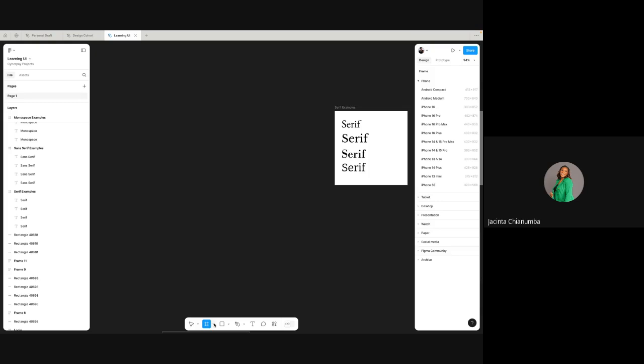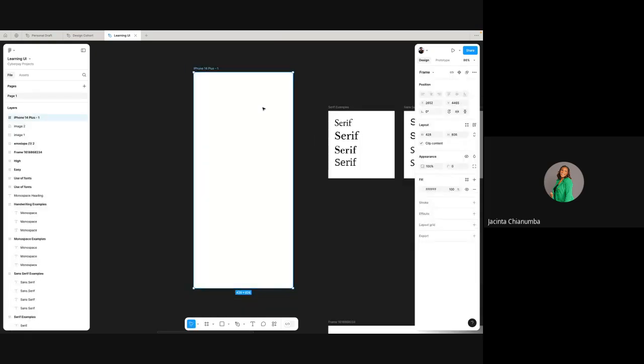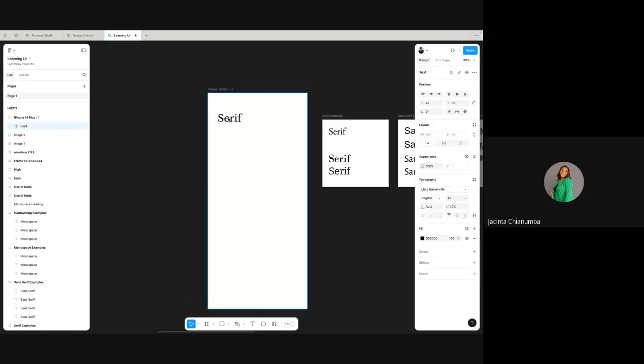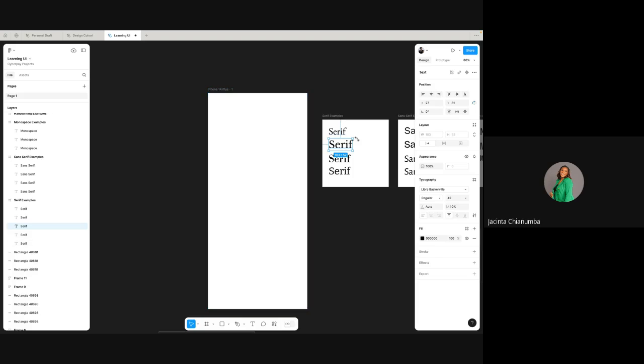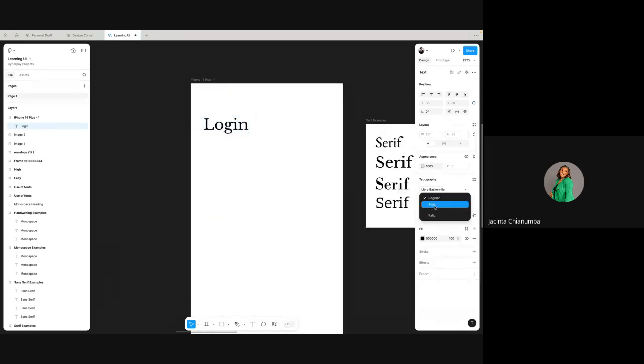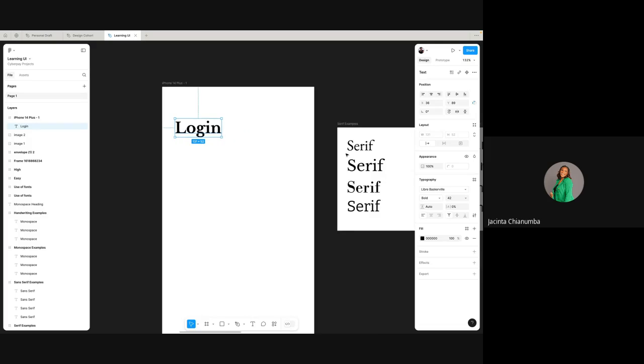Let's just try to create a very simple, let's say, login screen, for example. And then we want to use this first font. Login. Okay. You've created your first font to be a serif, and then it's fine. It's sitting okay. And then you want to create your second, enter details. Enter details to continue